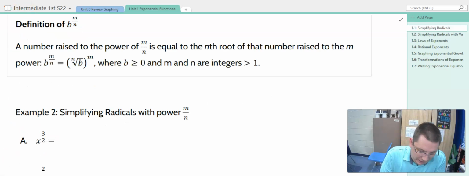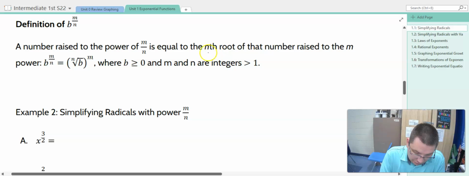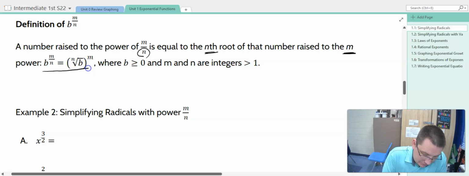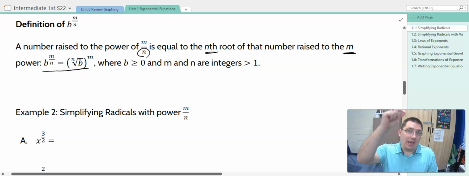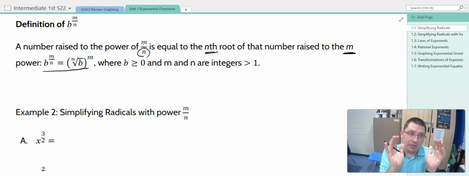So now instead of having a 1 for the exponent, we have an m there. We're m over n. And so a number raised to the power of m over n is equal to the nth root, so you see that the root is still that denominator, of that number raised to the m power. And so we're going to write it like this. b to the m over n power is equal to the nth root of b, then raised to the m